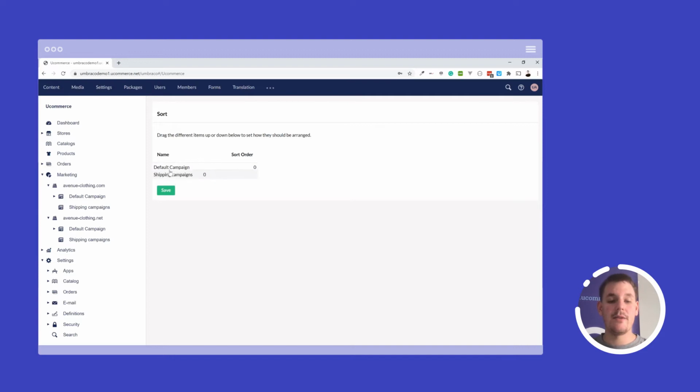And now I can drag and drop the order in which I want my campaigns to be evaluated first, going from top to bottom. What it means is that if I have the default campaign first, then all the different campaign items running under it will be evaluated in order. Once all the campaign items have been evaluated, then my shipping campaign will be evaluated. So you can prioritize what campaigns run first.